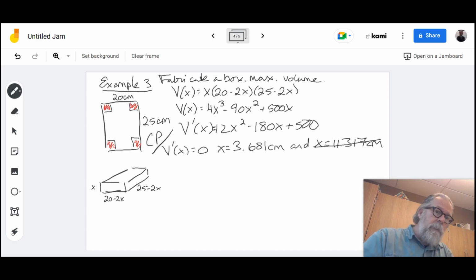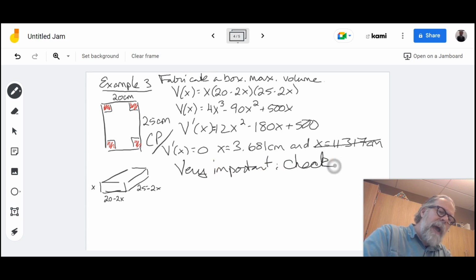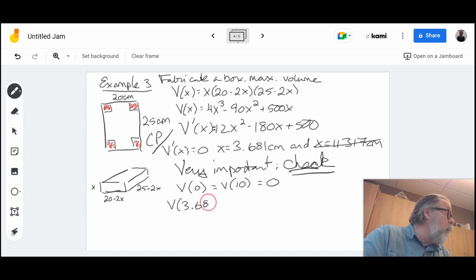A couple ways to check and make sure that this is a maximum. Very important that on every one of these problems we check to make sure that it's a maximum, because it could be a minimum, could be an inflection point. It is just a critical point at this time. So we could take the second derivative, or we could just calculate V of 0, V of 10, and what we discover is that those are both 0, whereas V of 3.681 actually gives us a volume of